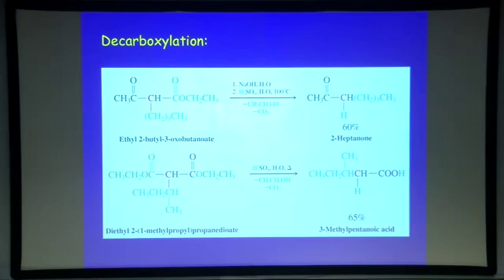So retrosynthetically, if you are given the task of substituting acetone with a butyl group like this, think of acetone as being the corresponding Claisen product, because we can get rid of the ester by decarboxylation. Similarly, with this diester, we're introducing this. This is now the branched example, and this works very well, no elimination.